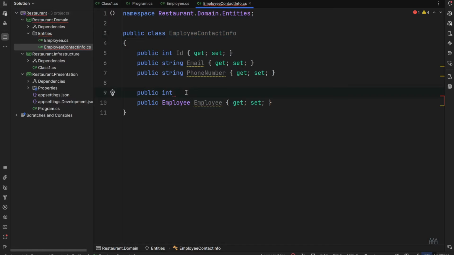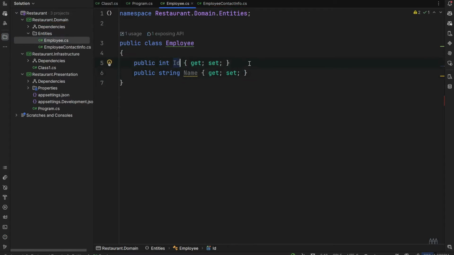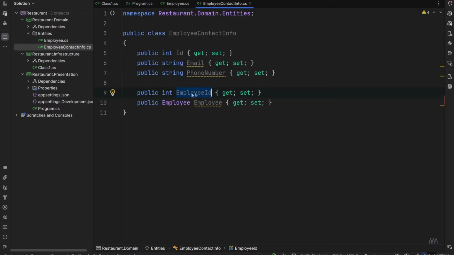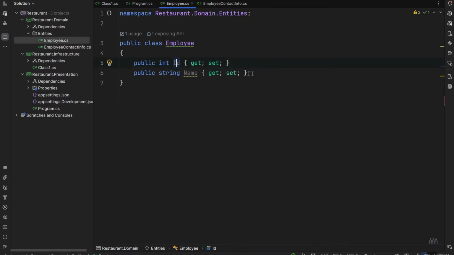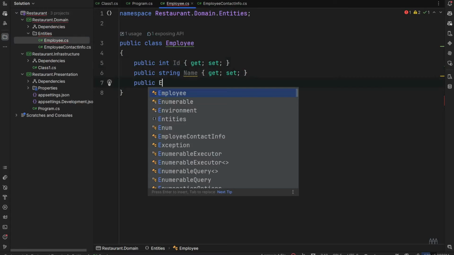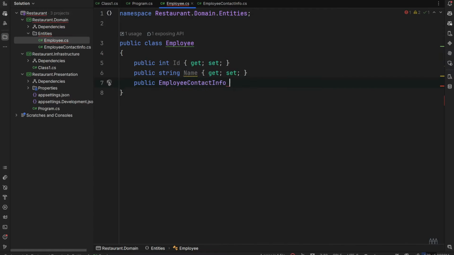So it will be called EmployeeId, and that EmployeeId will be the same as this Id here. So when we create employee contact info and link the specific employee, then we will have this same EmployeeId. And now we have to define public EmployeeContactInfo,